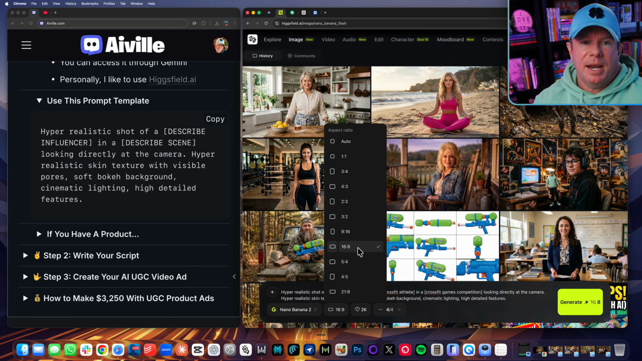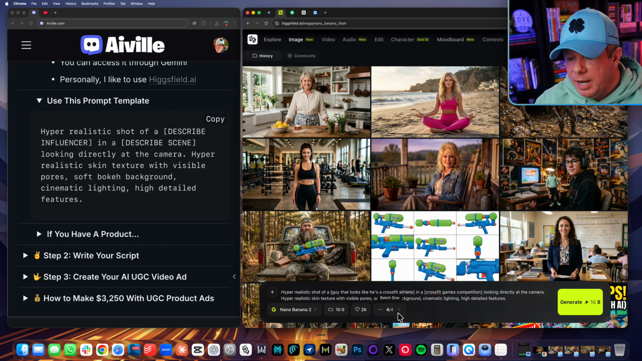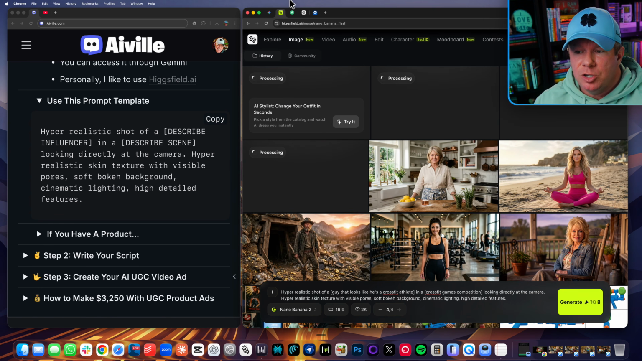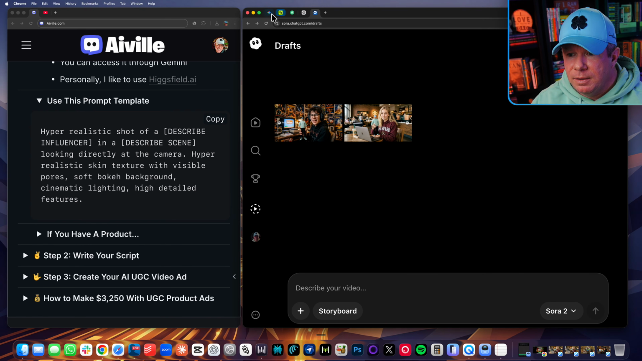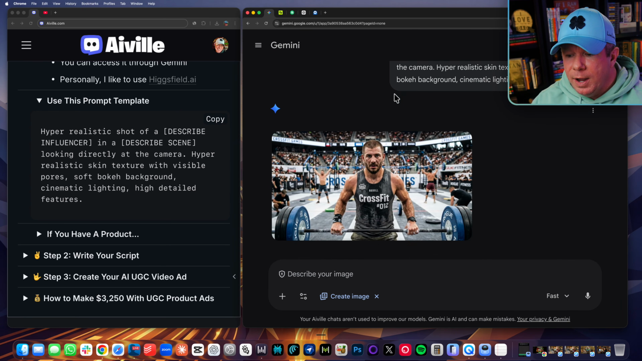I like to use 16:9, so I at least have a full background in a scene for that person. You can always crop it in whenever you start doing portrait. And then what's really cool with Higgsfield is you can generate 4 at a time. So when I hit generate, now it's going to generate 4 different versions. And then it's also using Nano Banana 2, but instead, like with Gemini, you just generate the one, which this